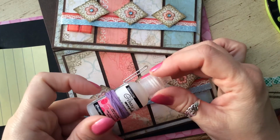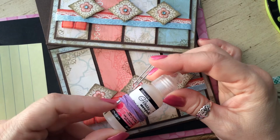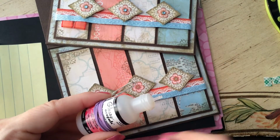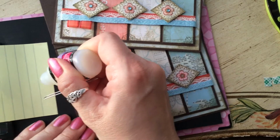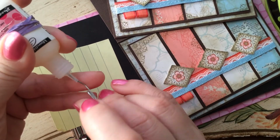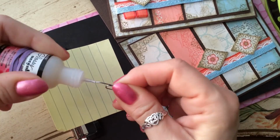Here's my glossy accents. This is one of the mini bottles they have now, which I love. And I always run around with a rubber band around it so that I can put a paper clip here. Because you know, as soon as I take this lid off, it may or may not run. So just to save my time, and just in case I'm somewhere else having fun making cards off-site from where all my regular stuff is, I make sure I have something to unplug it with. Okay, so you can see it's not coming out. So I take this out, put it in here, and it's just the right size. There's a little bump in here just because I had to unbend it, and as it turns out, it's kind of handy. Clear out the spout, pull this back out again,